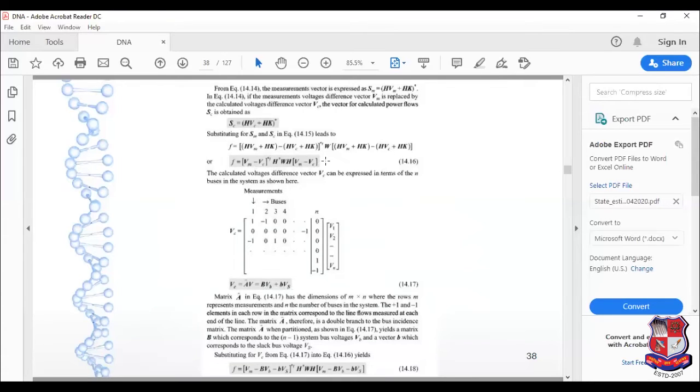power system. Now in the load flow study, we have already determined that V line is equal to the incidence matrix into V bus. So V bus is V1, V2, V3, V4. Now if we want to identify this incidence matrix, the direction of current is very important. So A into V bus will give us the line value. So over here Vc is nothing but the product of A into V bus.